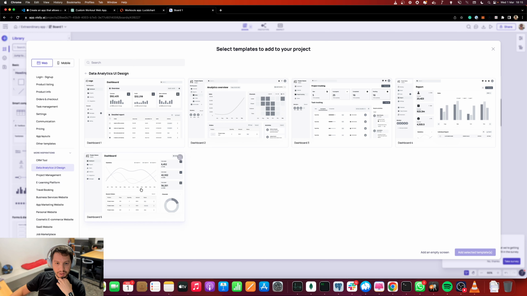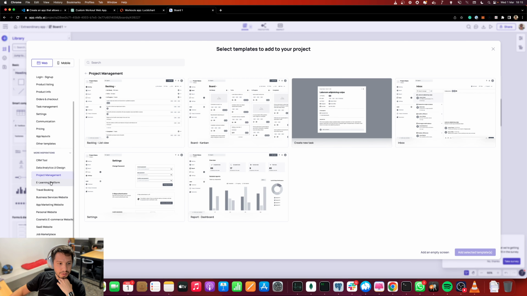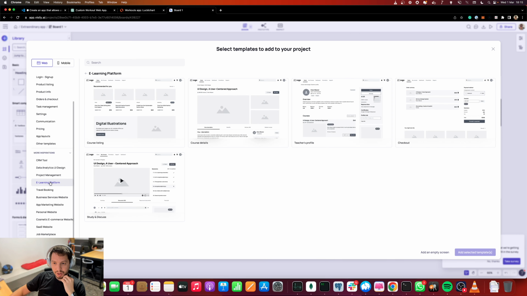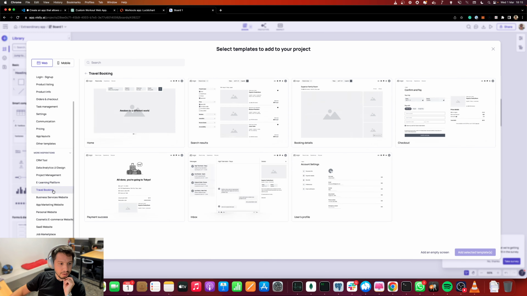Yeah, maybe something simple like project management. So we can get inspiration from samples. Even, if we like something, we can just go and try to build something similar to that.